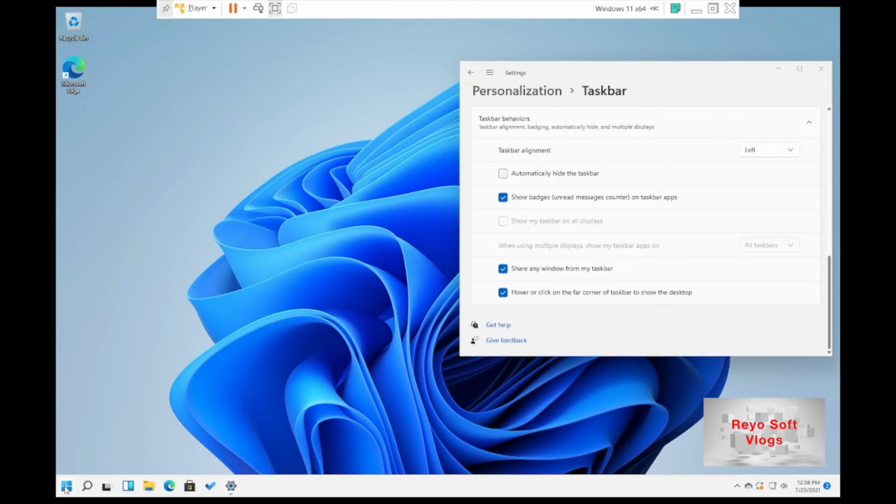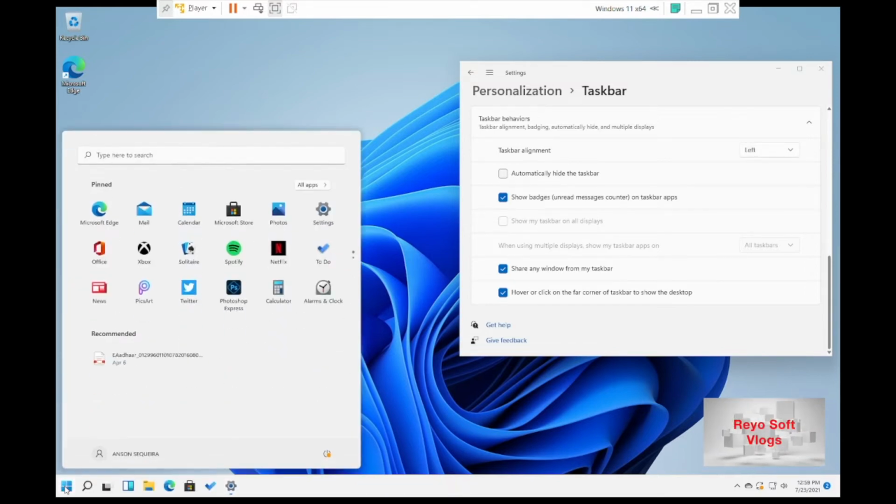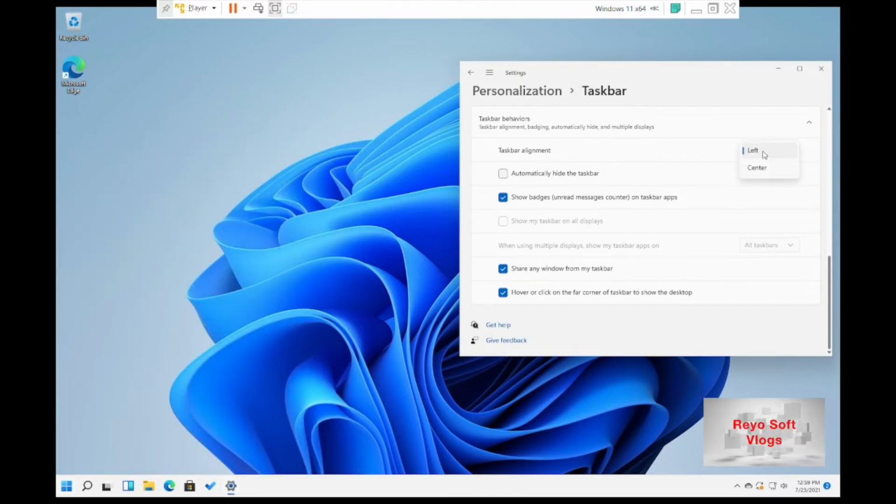Now taskbar is at the left, you can see. So you can make it center, it will come on the center.